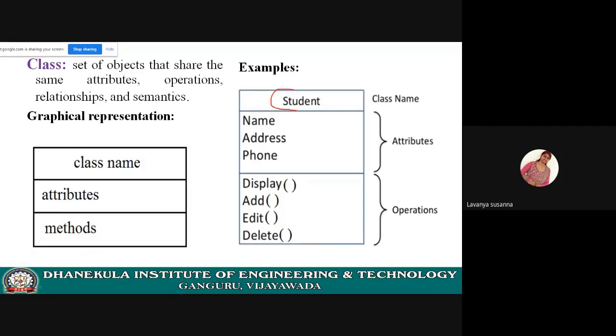See, student is a class. Here I have used a rectangle symbol, and first the class name, and then these are the attributes: name, address, phone. Draw a line and write down all the attributes. Again, draw a line, and next represent the methods of the class. Simple student class. Attributes will be name, address, phone, and so on. Again, there will be many attributes of the students, right? Next, display is a method, add is a method, edit is a method, and delete is a method, belonging to the student class. These are the attributes and the operations that are declared in the class. Class is student. Just an example.